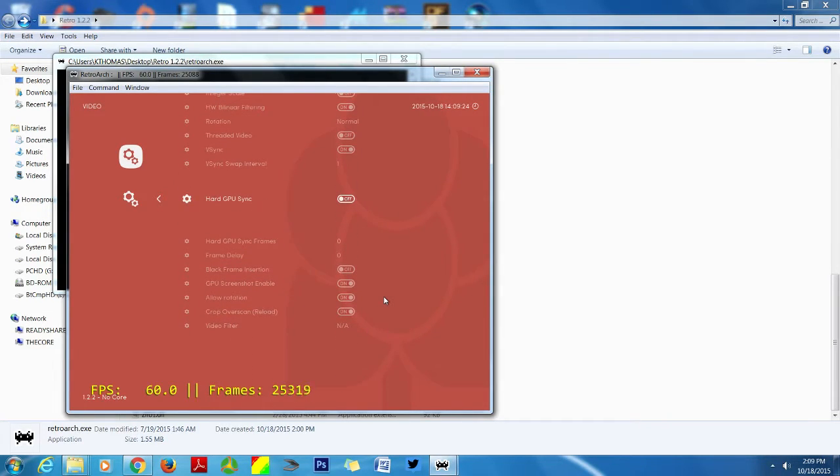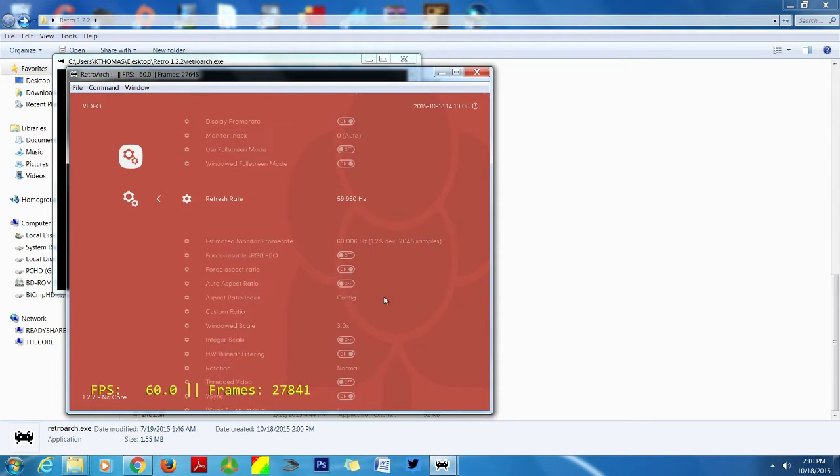So the only other option that I wanted to kind of go over here was hard GPU sync. And from what I understand, if you feel like your inputs are not adequate enough, you can turn this on. Of course, your hardware might just take a little bit of a beating for it. I don't know exactly what it does, but it might be at the cost of your performance. So just take that into consideration when you turn that on. I've turned it on, haven't really had an issue with performance on my end.